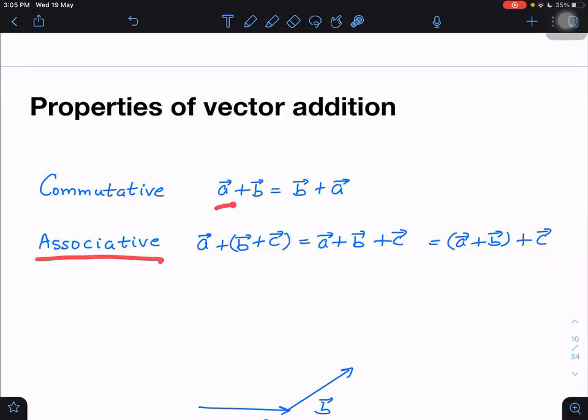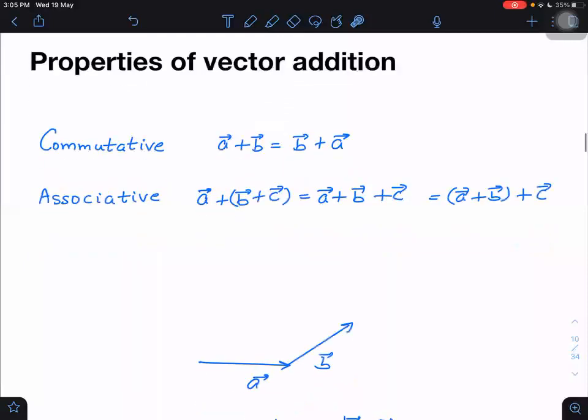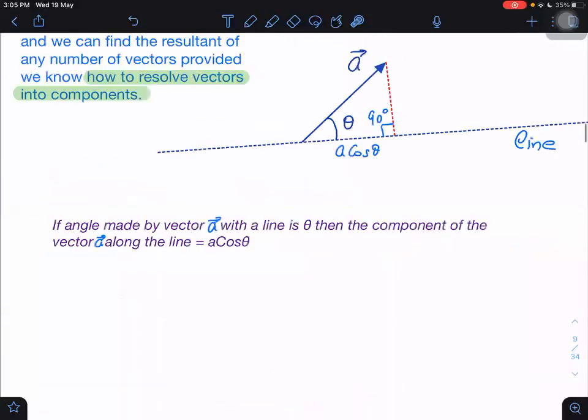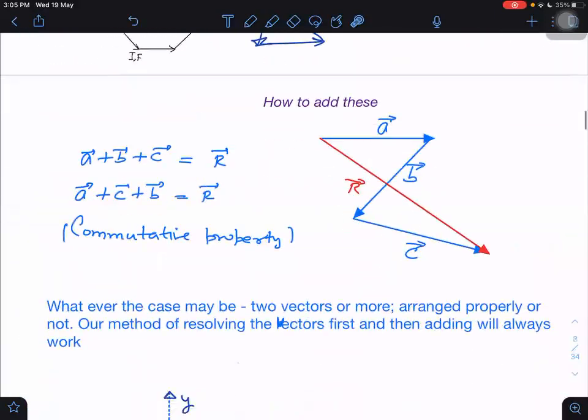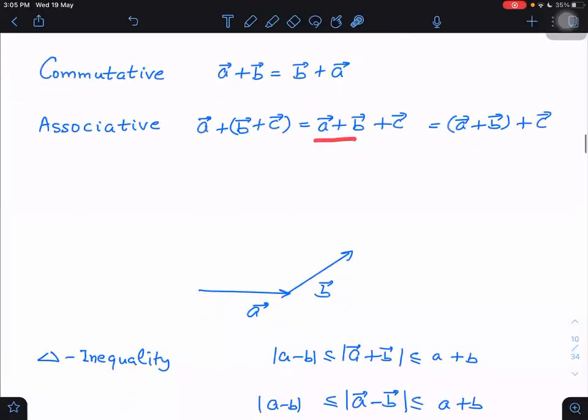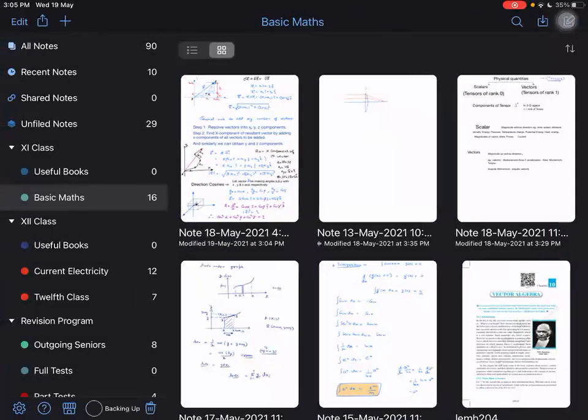Associative. Do you know how I proved it? You remember or not? Yes, sir, proved it before. Associative property. This I did not prove, but I just told you that it will be right. If I take A plus B plus C, taken together it will be equal to A plus B plus C grouped differently. It can be proved easily, actually. If you want, you can prove it easily. Sir, if we take examples, it can be proved easily. Yes, very easily.